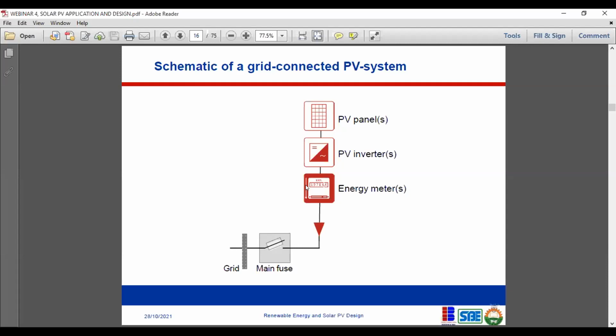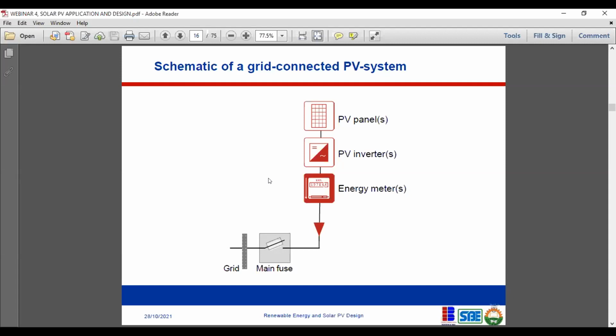Now, for a grid-connected PV system, remember that one of the key features is that it does not necessarily need a battery to function. If you're connecting a solar system to the grid, you do not necessarily need a battery. You can have a battery to store energy that you can use during the evening time. But in most cases, you don't need a battery for a grid-connected PV system, and it's a very good advantage because it reduces the cost of the project. The cost of a battery is so much that it can take up to 50% of the capex of the project. But when you take away the battery, it becomes more viable, and that is why